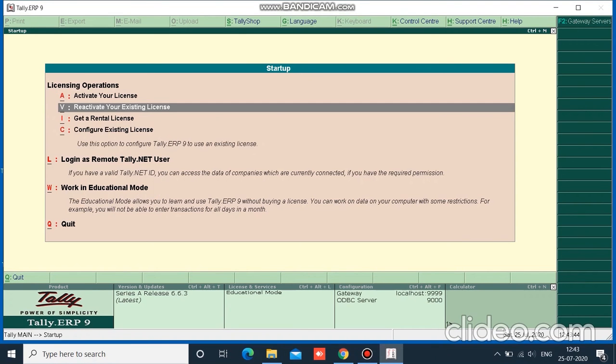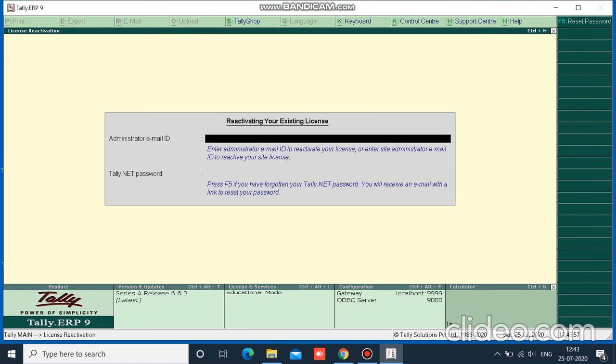Suppose you have already activated your license and suddenly Windows Firewall or any antivirus causes a surrender of your license. You can reactivate your existing license by simply entering on that option, and it will ask you only two options. First is your administrator email ID and second is your Tally.net password. So guys, whenever you activate any license on your email ID, Tally Solutions will automatically send you an auto-generated mail.